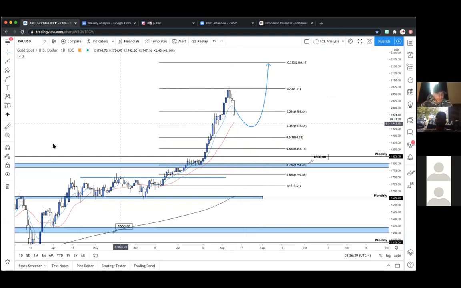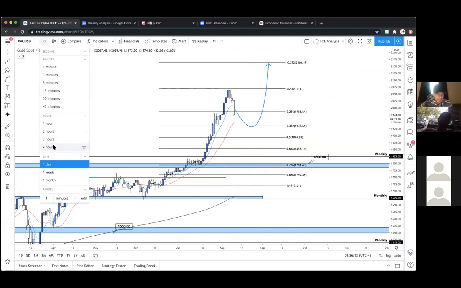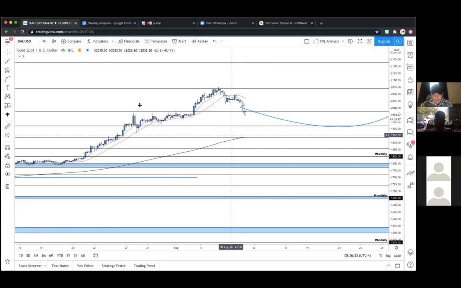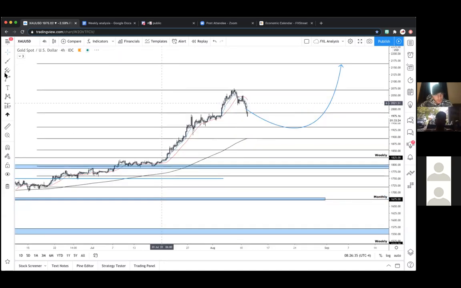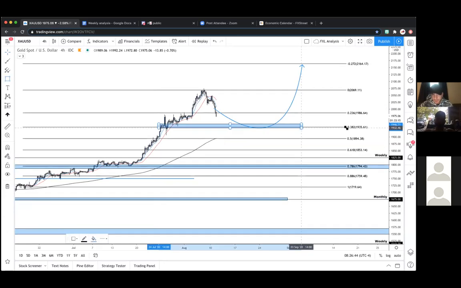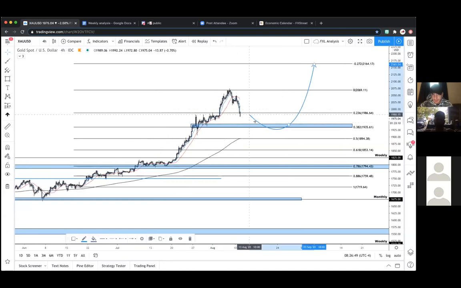So let's go to the 4-hour real quick. Super bullish, obviously. Let's see how far this could pull back to. So 38.2. This is looking likely. But yeah, again, we're just going to wait on this, guys, pretty much until we see structure form. So this zone needs to hit, and then we'll get in on some sort of reversal here, bullish setups.